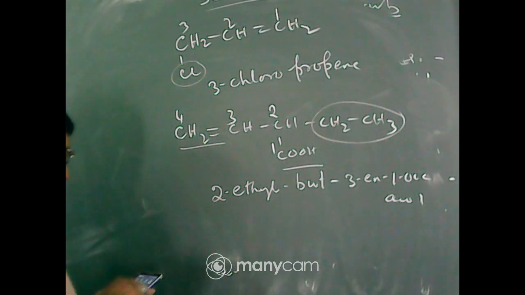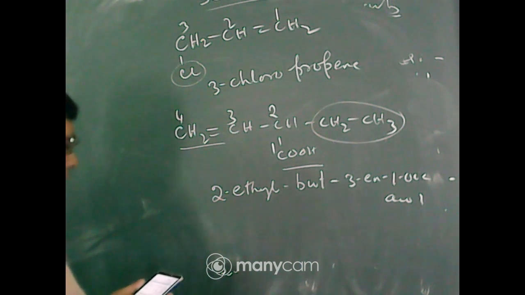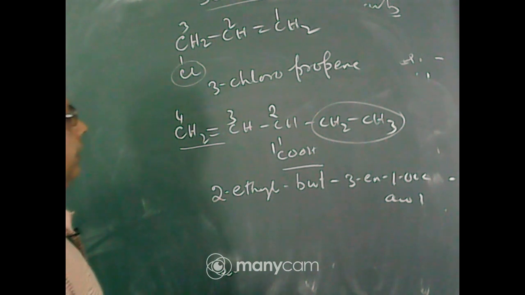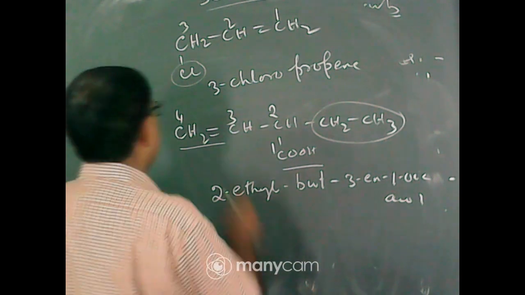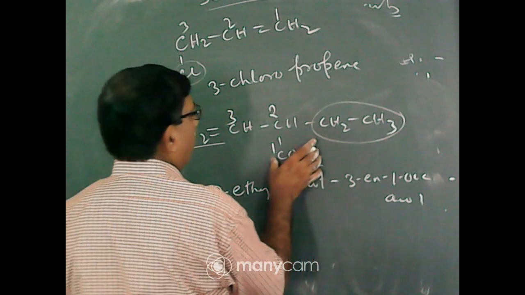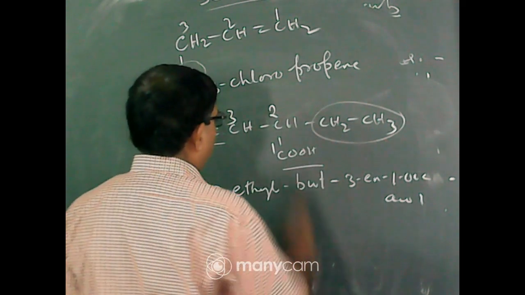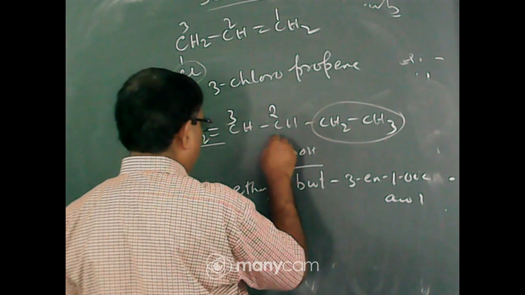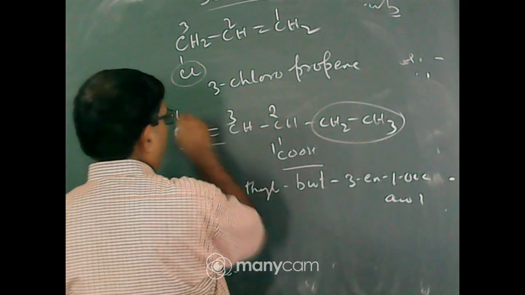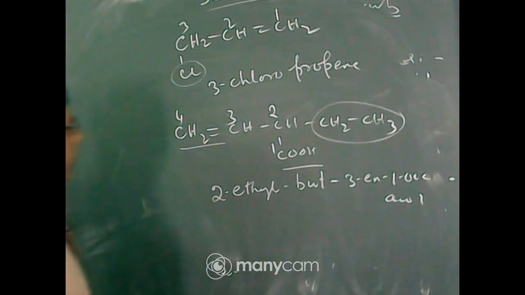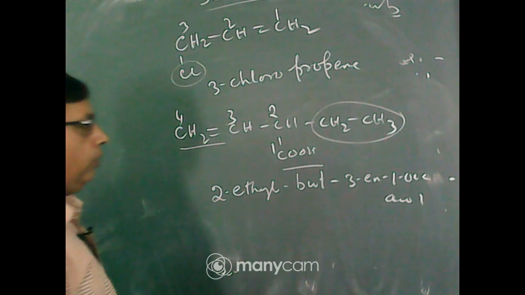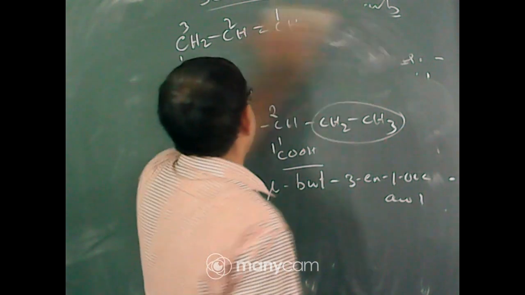When you select the longest carbon chain, you must consider not only the number of carbon atoms, but you must ensure that the functional group and multiple bond are present in the longest carbon chain. If you number 1, 2, 3, 4, 5, then the functional group cannot be present in the chain. So you consider the COOH group at carbon number 1, then 2, then 3, then 4, not 1, 2, 3, 4 on the other side, because there is no multiple bond there, but here there is a multiple bond. So numbering on the left hand side. So 2-ethyl but-3-en-1-oic acid, that will be the name of the compound, not pentanoic acid.